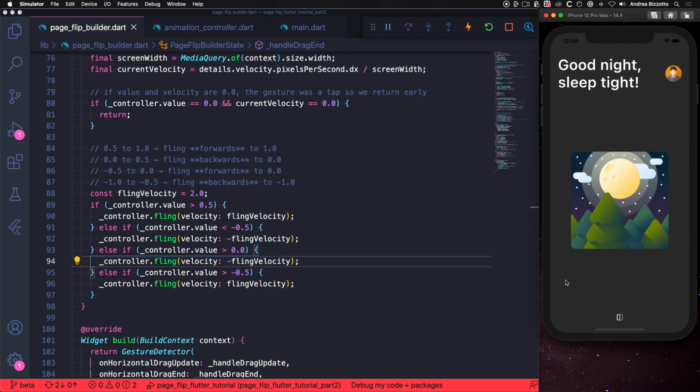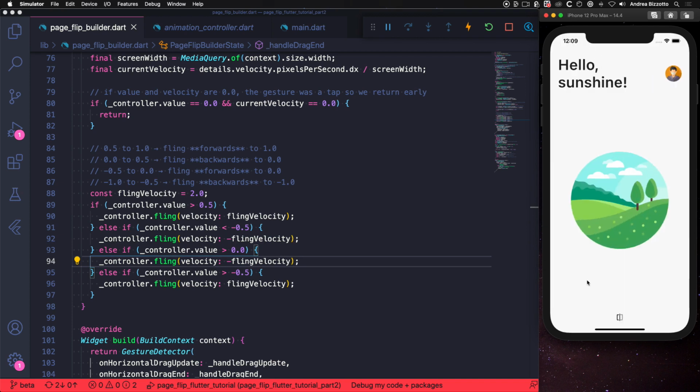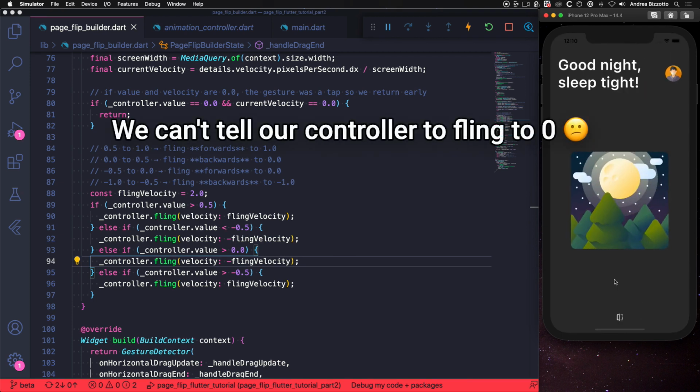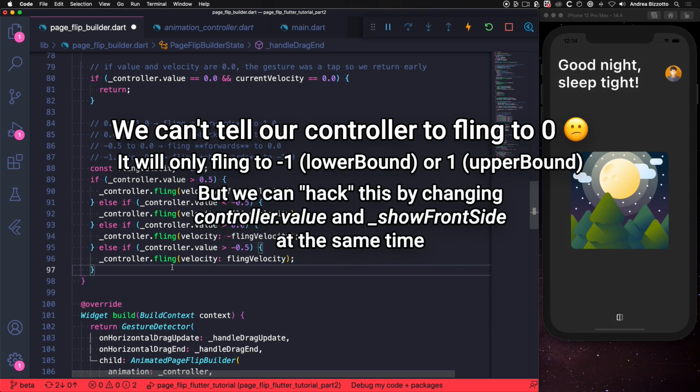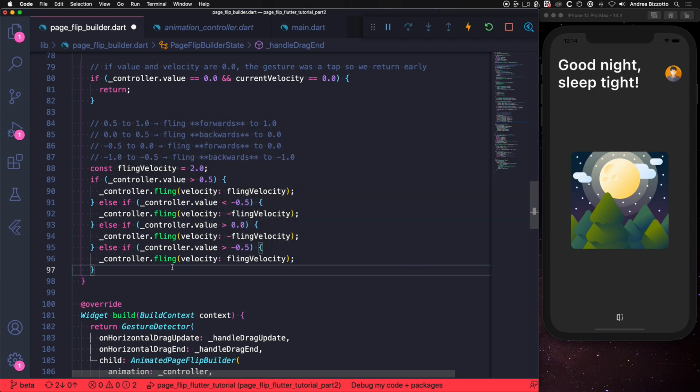So it seems like our fling effect doesn't work correctly in all cases, and this is because it's not possible to tell our controller to fling to a value of 0. Instead, the controller will overshoot and go all the way to 1 or -1. However, this is something that we can fix by changing the controller's value and the show front side variable at the same time. So what we are going to do next is to add some code to the last 2